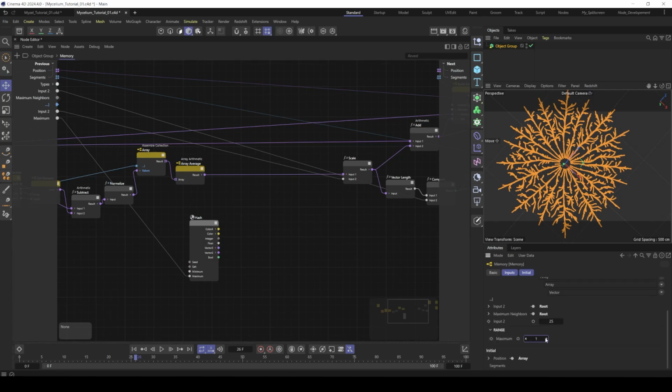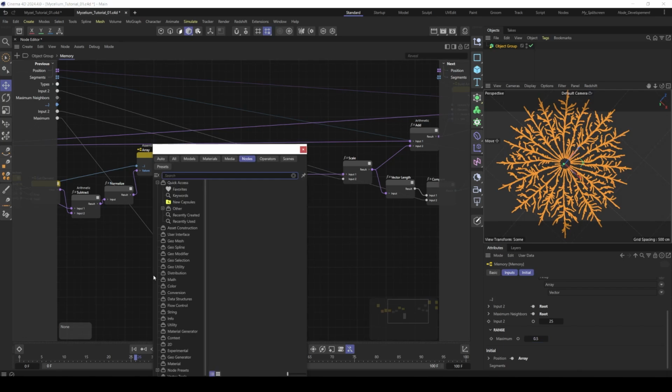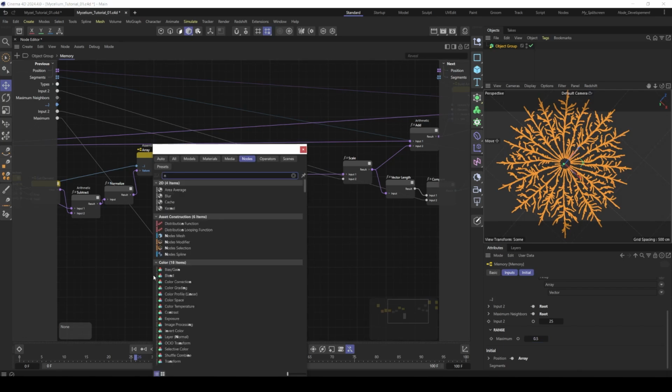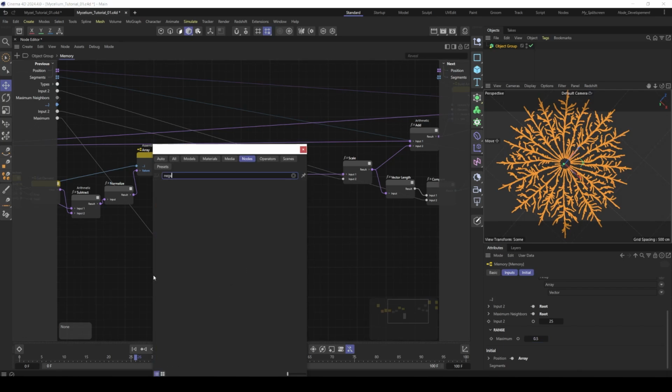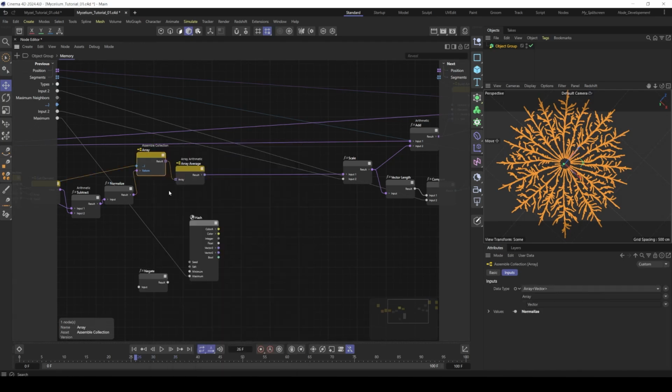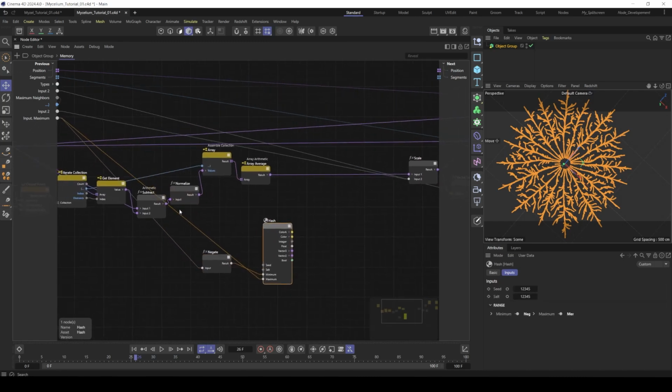Then say, okay, maybe 0.5. And then the minimum, because we want to go in every direction, let's negate it. So here, negate our input. So we have minus 0.5 and put this into the minimum, because we'd like to have